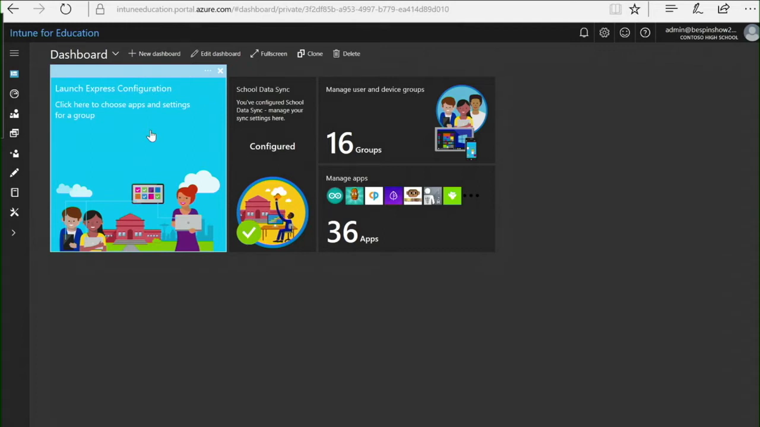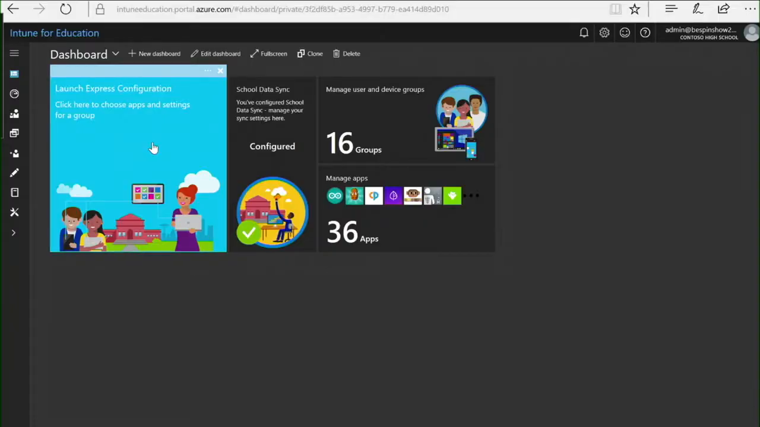So this school data sync thing, that's actually the same thing that creates those classes in Microsoft Teams, right? Correct, yeah. It basically has a map of all of your roster data, so it creates groups for teams, even for Intune management. I'll just quickly show you the Express configuration where you can see what groups it actually created. Awesome. All right, so